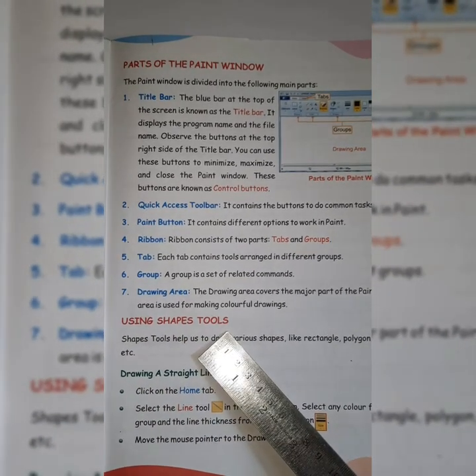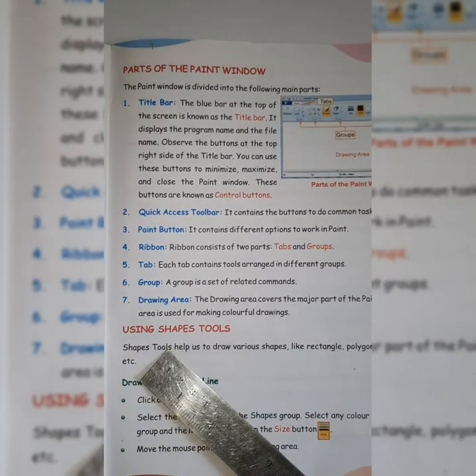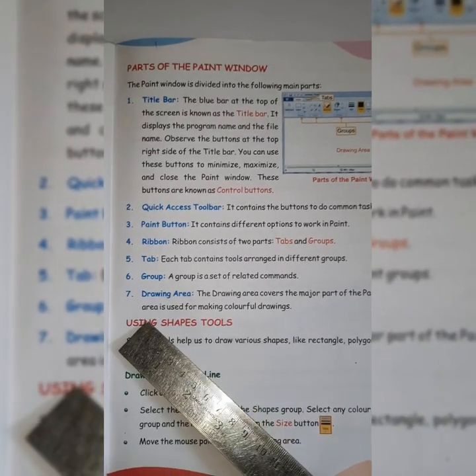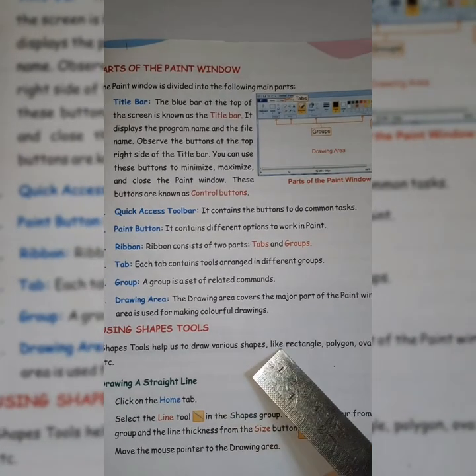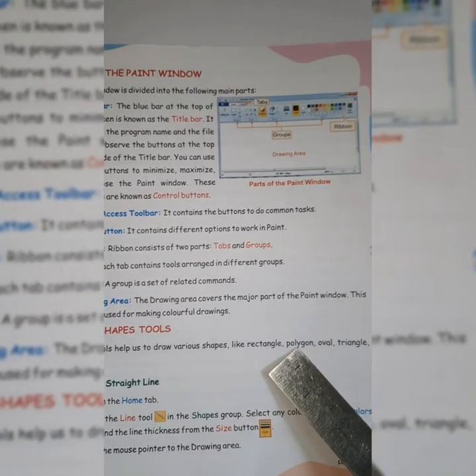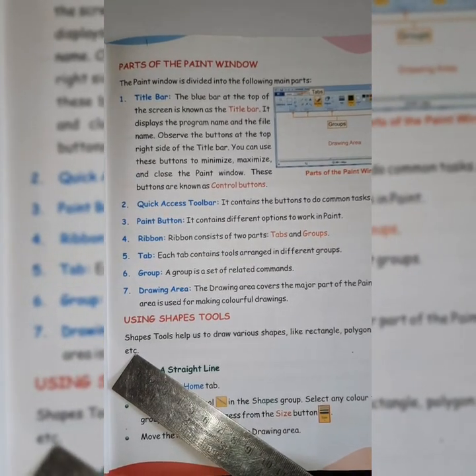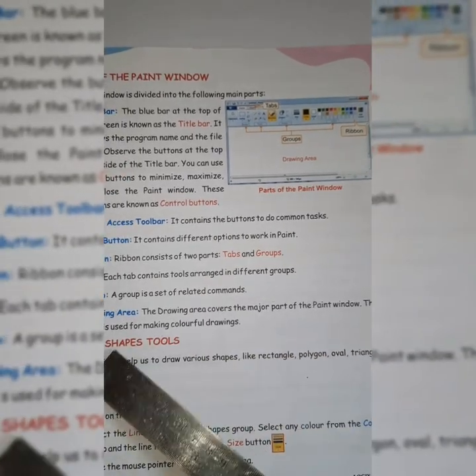We will learn about the first tool, which is the Shapes tool. The Shapes tool helps us to draw various shapes. So what is the purpose of this tool? It helps us to draw various shapes like rectangles, polygon, oval, triangles, etc. These are the basic shapes that we draw using the Shapes tool.